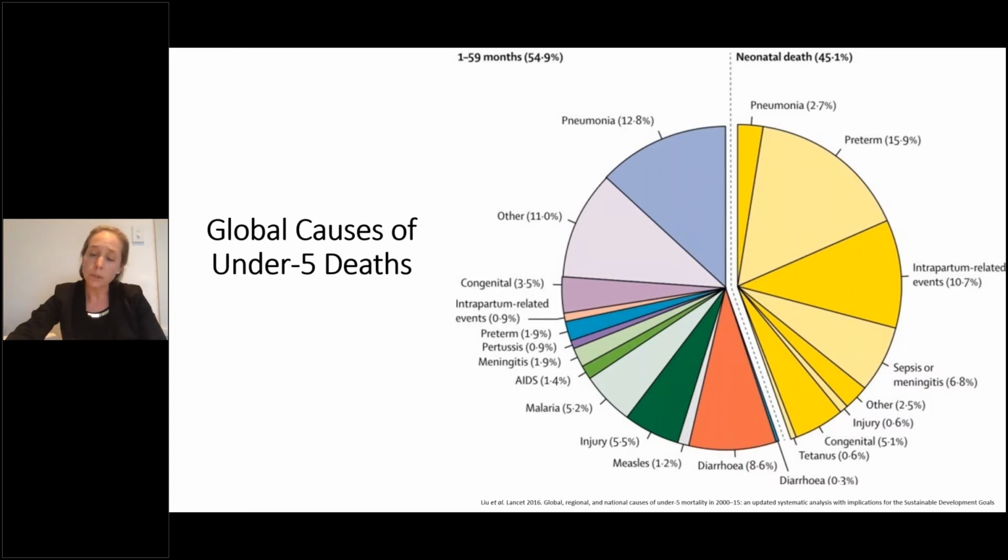So prematurity, which is very often stimulated by an infection with a bacterial pathogen, as well as congenital pneumonia, neonatal sepsis and meningitis and tetanus, are really responsible for a number of neonatal deaths across the globe. So the neonatal age range is the highest at-risk period for a child, and even if they survive that period, then the chance of dying from an infectious pathogen is still the most likely cause of death in the younger age group across the world.